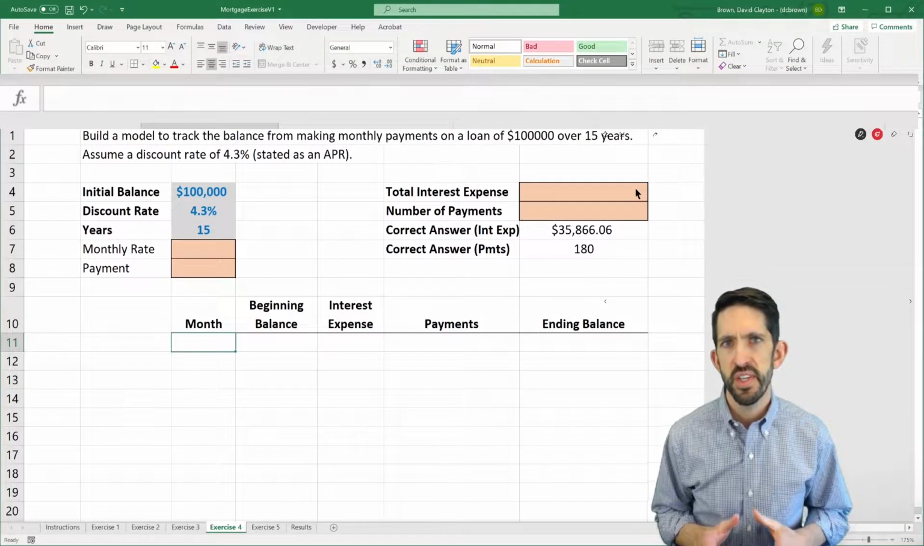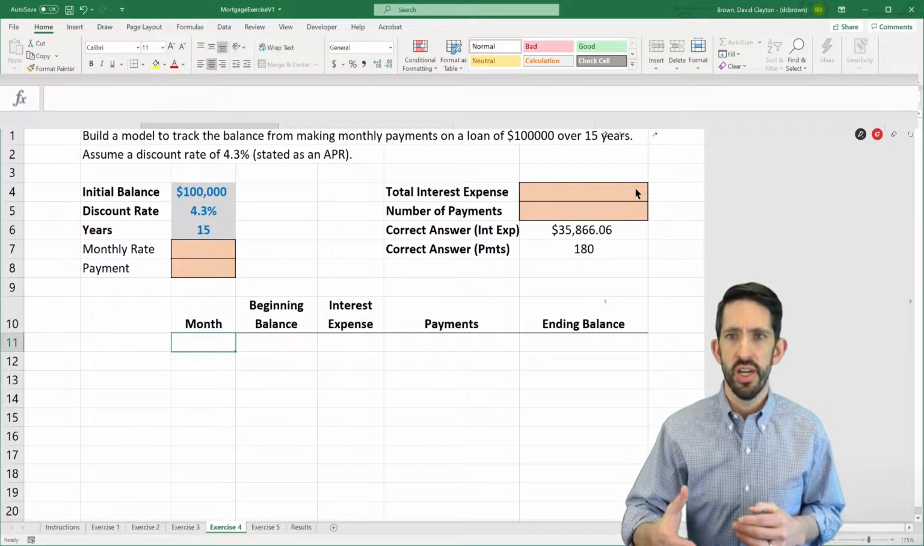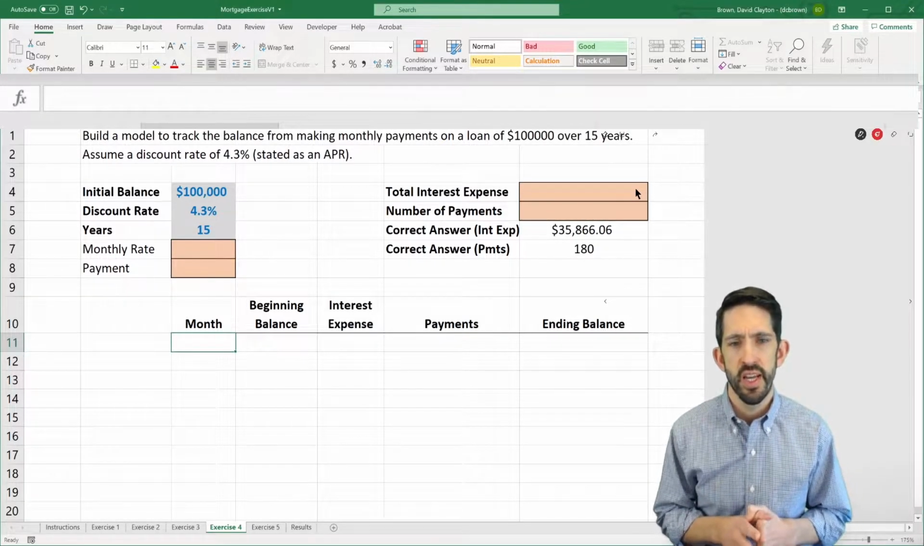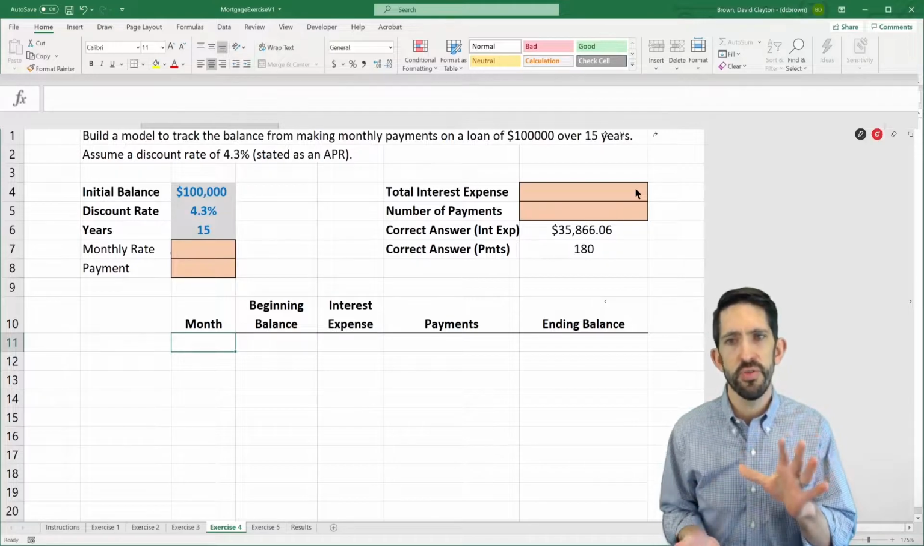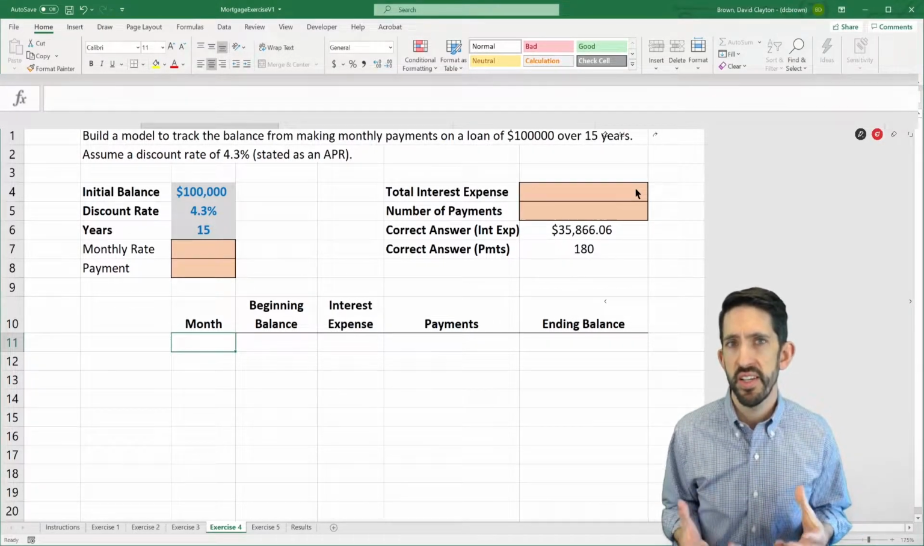Okay, now you've seen a couple different ways to build out a mortgage schedule. What we're going to do now is make it a little bit more realistic. We're going to take it to actually monthly payments on a mortgage. We're going to assume the mortgage amount is $100,000, more like buying a starter home. And we're going to model this out over all 15 years of a loan. All right, so it's going to be a lot bigger model, but the basic ideas are not going to change